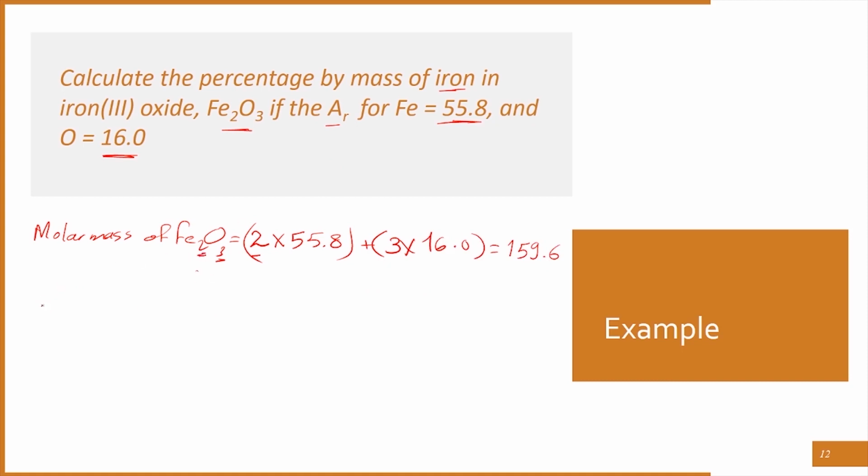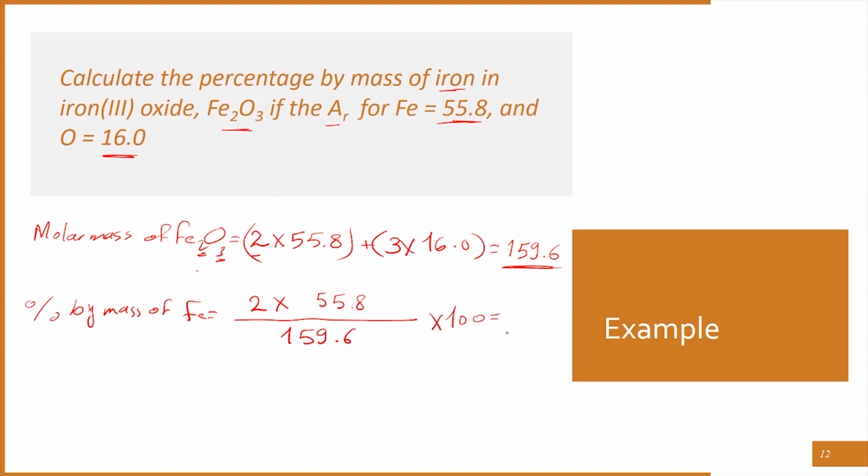There are 2 moles of iron in each mole of iron 3 oxide. The percentage by mass is equal to 2 moles of iron multiplied by the relative atomic mass of iron 55.8, divided by the molar mass of iron 3 oxide 159.6, multiplied by 100 to convert it into a percentage, equal to